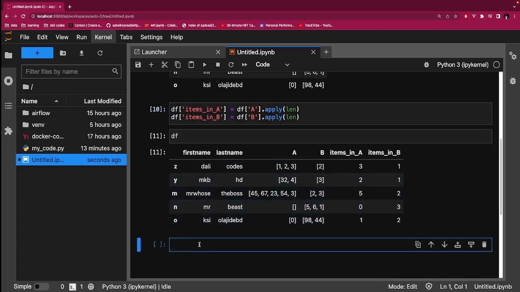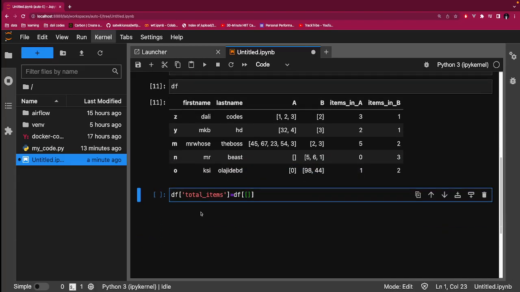Let's do this. So this, then the column. We're going to say total items,